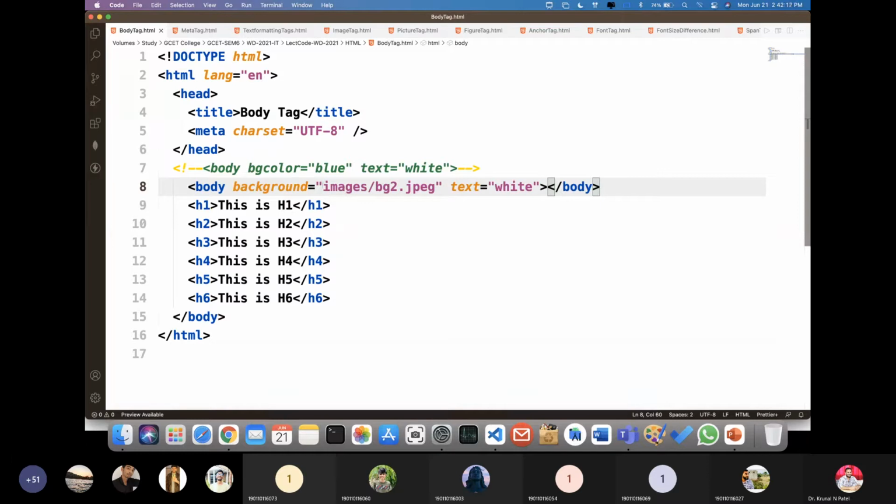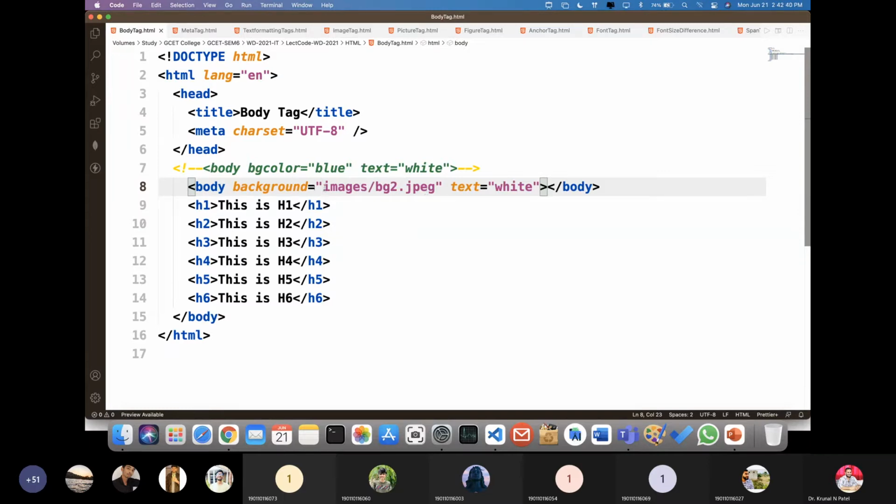So here I have created one images folder, and that folder contains this background image too. As my HTML document is currently in this folder, I can write images slash background colored background2.jpg.